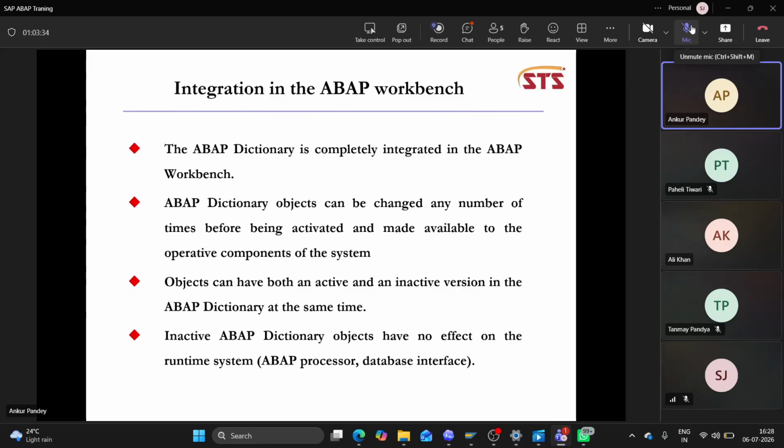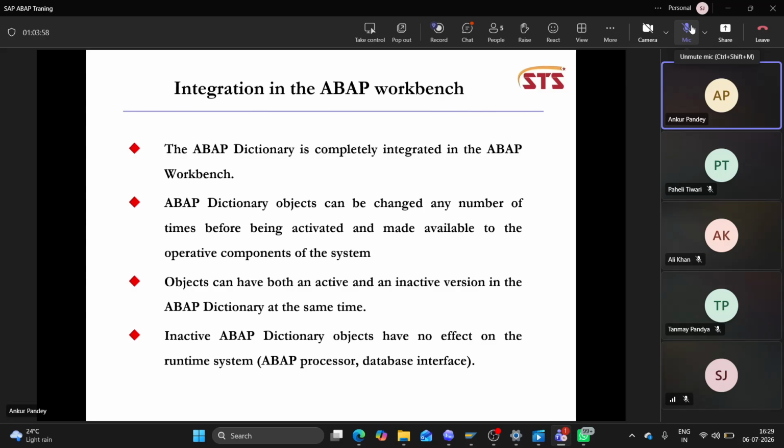So the data dictionary is completely integrated in the ABAP Workbench. In the workbench only we are going to work. So there are two things. All the workbench changes will be stored in the workbench TR,